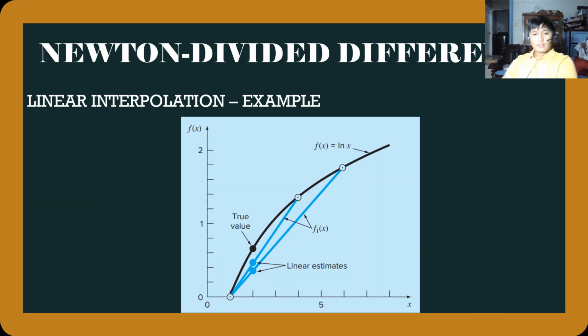Okay, so this is the figure. This is our equation, the true value of the line f of x. What we have interpolated are the values here and here, around 0.35, and the other one is 0.46. So it is here. That is the interpolation value, and this is the true value over the interpolation.